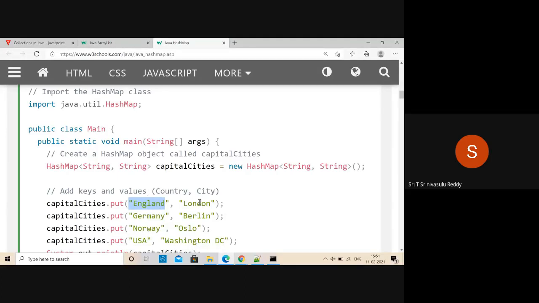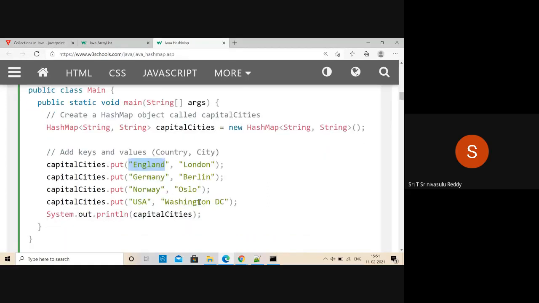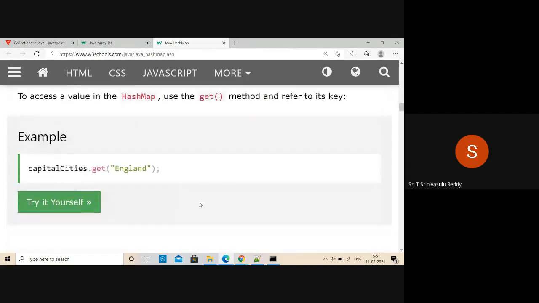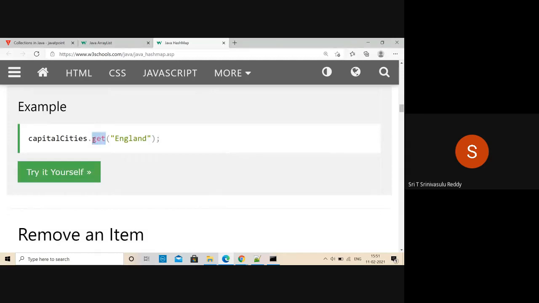Given this, it's going to retrieve this very quickly by using these hash search algorithms and all that. This is only printing here. But if you want to retrieve something, while storing you are using the put method, while retrieving there is another method called the get method. Here, capitalCities dot get of key value. Given this England, what does it return? It returns London. In case you give a country for which there is no data available, then this get method returns a null value.